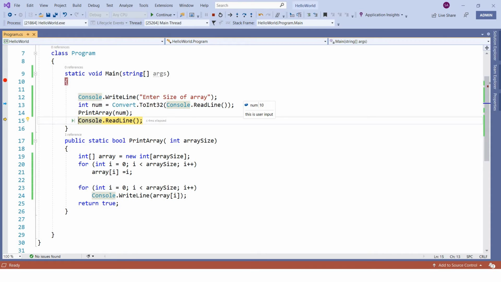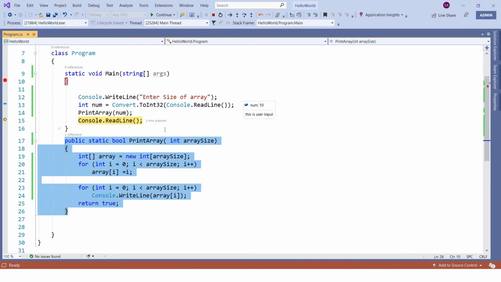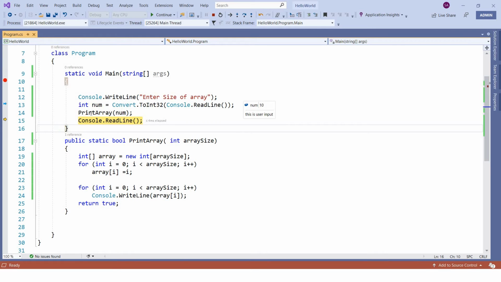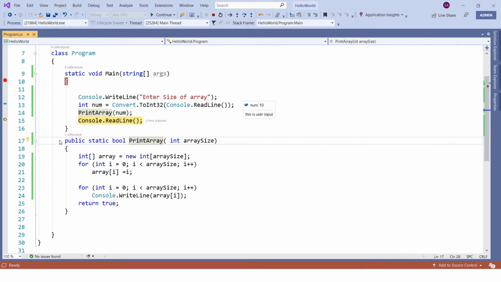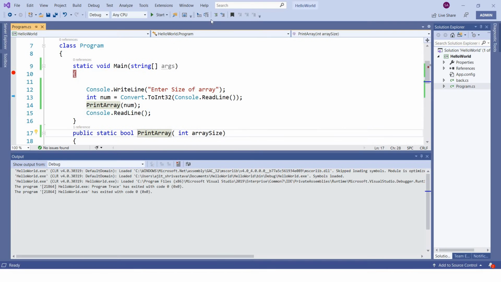You can see here this yellow line came here, right? It will basically skip debugging of the function if you press F10. That means it will not go inside this function. If you see the console, you can see that this function got executed and all the logic we have written here, these values are getting printed. But this function got executed, and still we couldn't debug it.